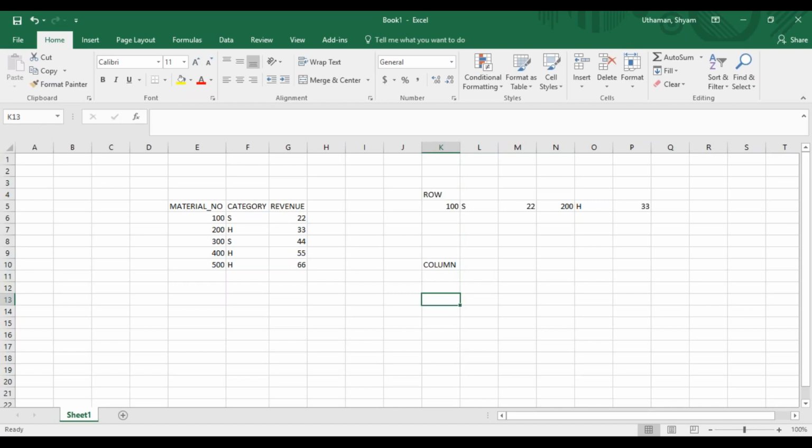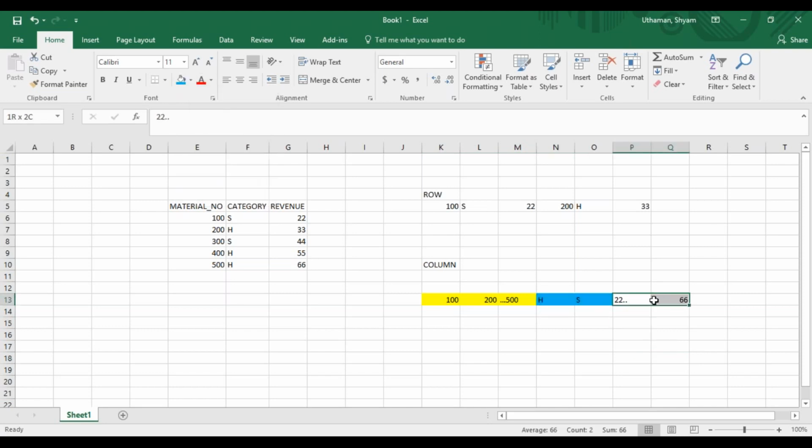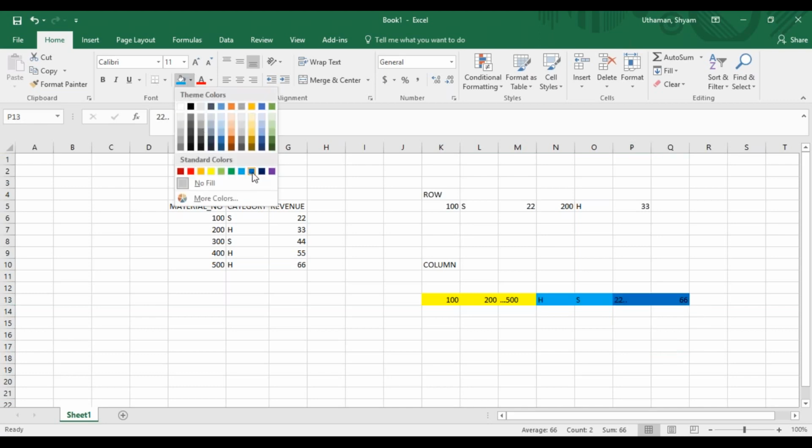Column store would store this as 100, 200, until 500. Then S, then H, and then S, sorted and indexed. Then 22 until 66. So this is one, this is the second part, and this is the third part.